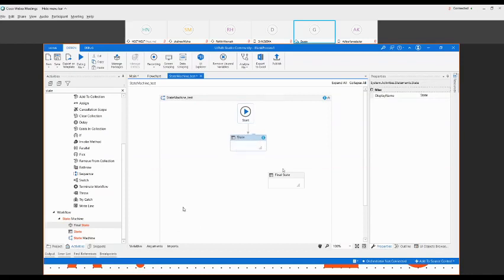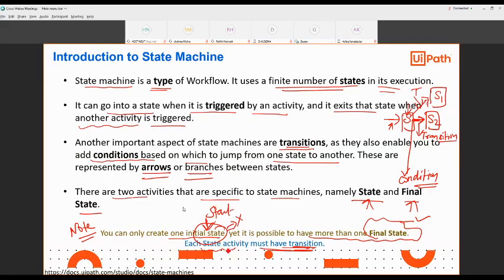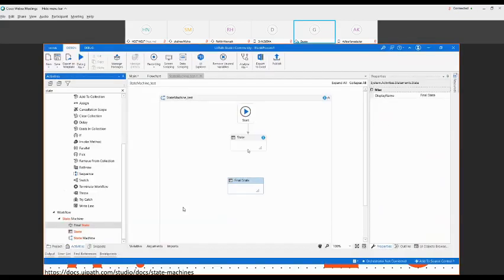Clear? But you can see there is again an error. What we mentioned: a state must have at least one transition, from the previous slide. Each state activity must have a transition. Transition means from one state to another state.